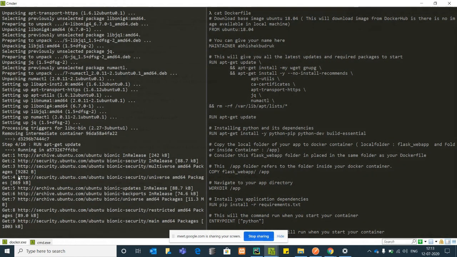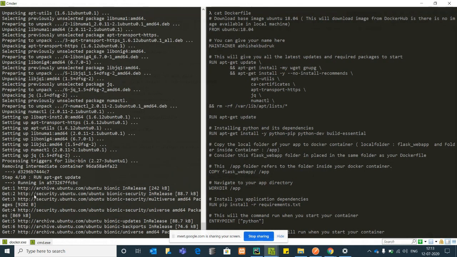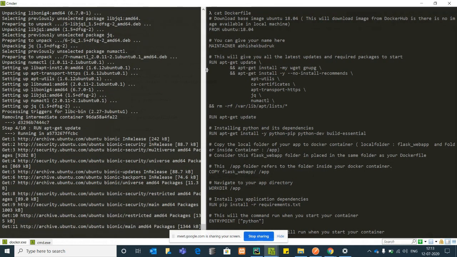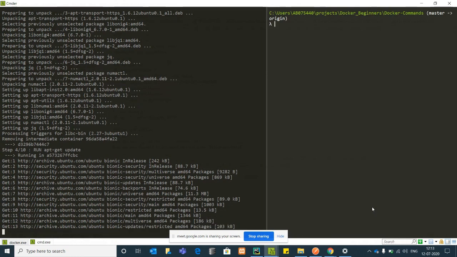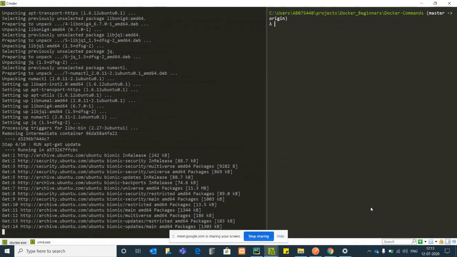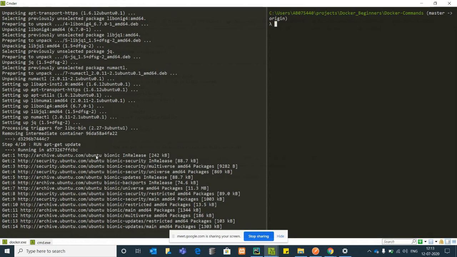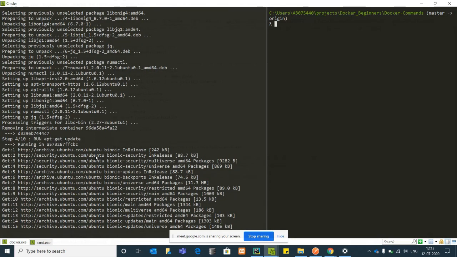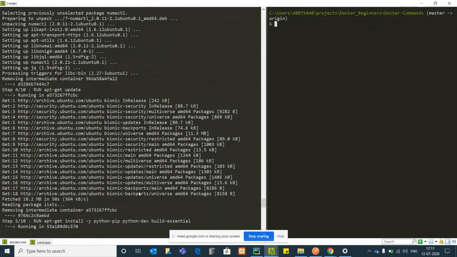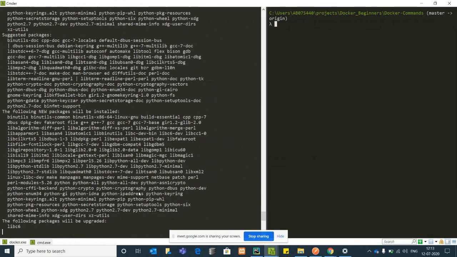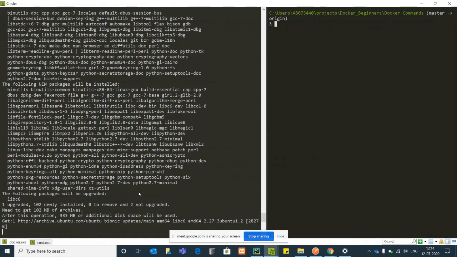Okay, so let's wait for this to get me an image. Don't confuse this with the image that I am running. I am just creating an image out of a Docker file.